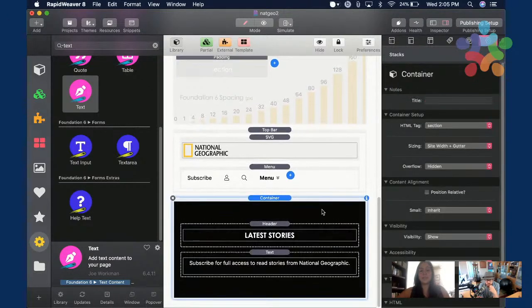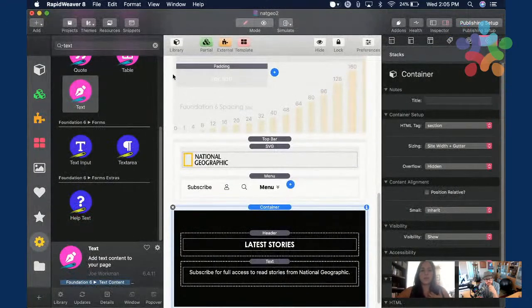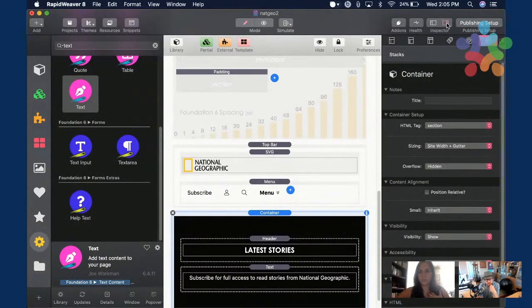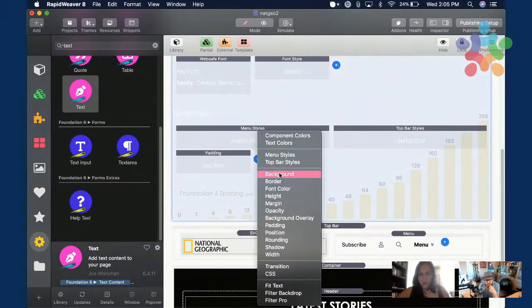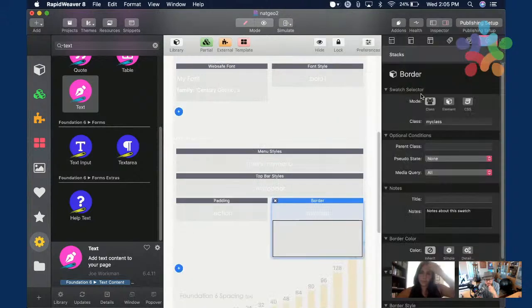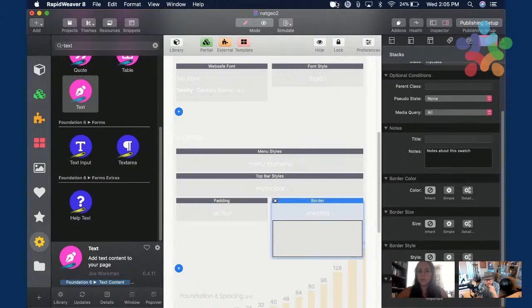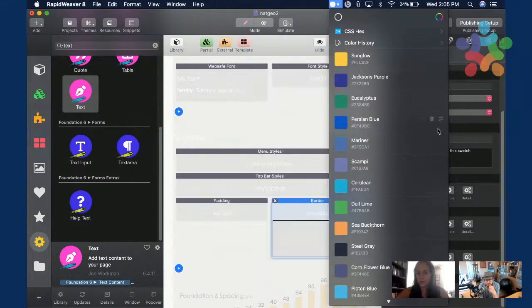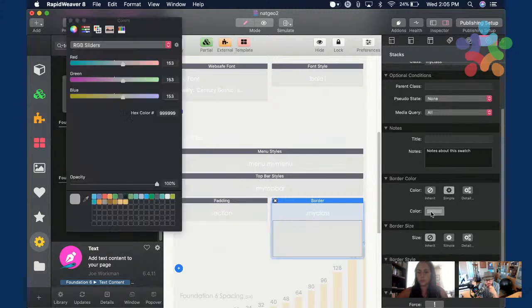So what I did to have that underlined, I used another swatch for a border, and I called it. I'm gonna change it here for the yellow. I'm gonna copy the yellow again. So border color simple, and I'm going to paste the yellow. Oh, it didn't. Sorry. Hold on.